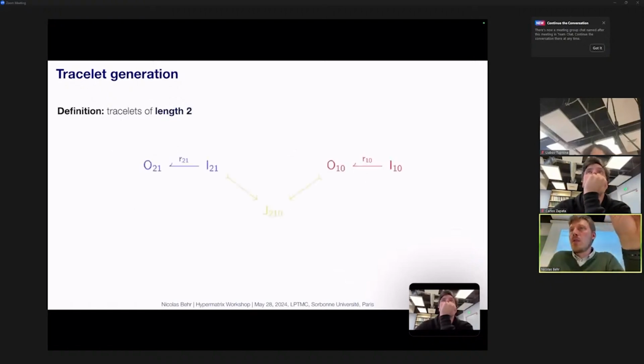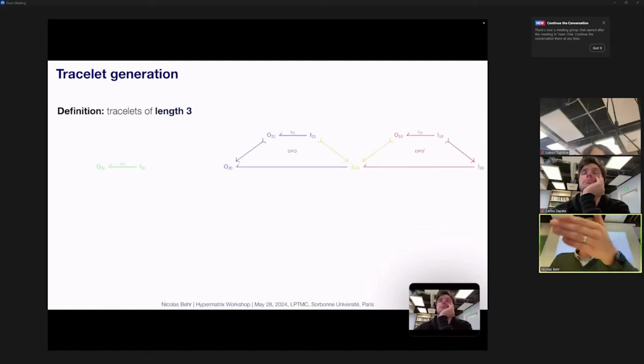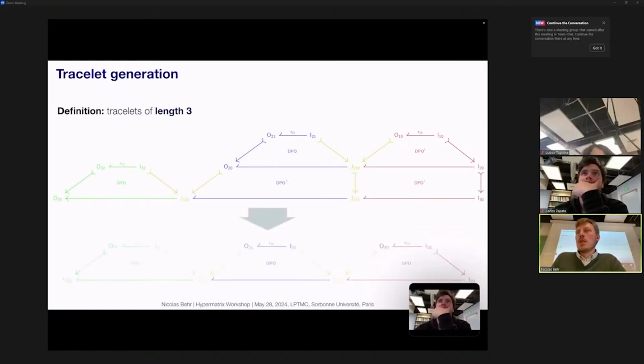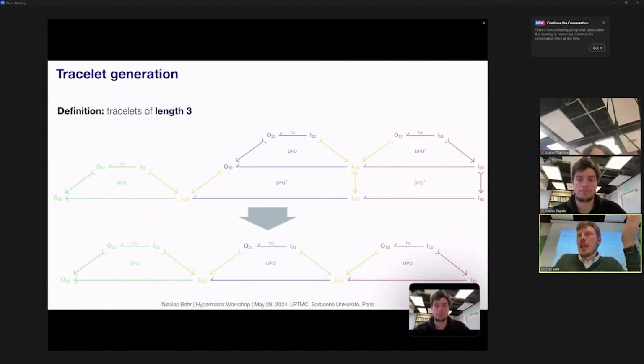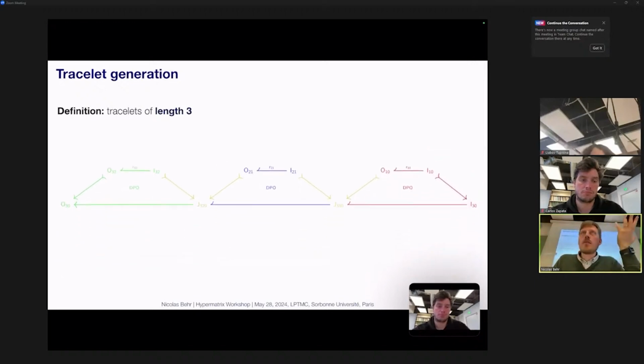But at length 2, you compute the possible partial overlaps of 2 rules, the output of one with the input of the next, and then complete these pictures to get 2-step sequences. And at length 3, you choose either order of generation: first 1 with 2 and then composite with 3 to get the tracelets, and so on. So that defines inductively a data structure. One could say it's compositional because there's nothing in this algorithm that makes anything special about 3.